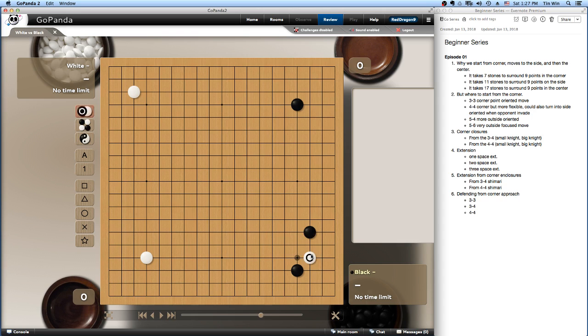It's not as secure as the other one, as you can see here, right? You can't just close off white here. Like in this version, if white jumps in, you can just close off white, right? But in the big knight, it's really up to you what you want to do. But I would say for beginners, just go ahead and play the small knight, because that's more secure, and usually you want to stay strong